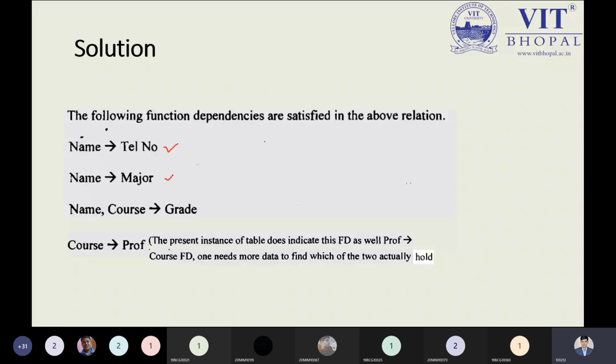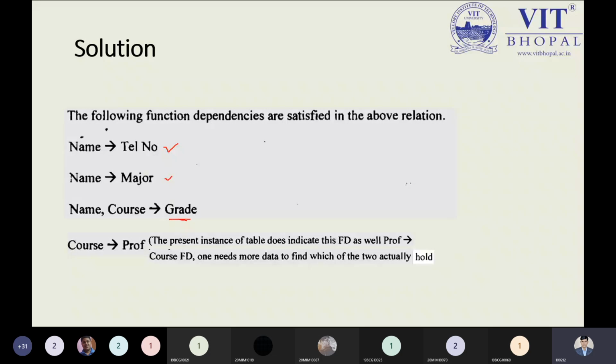Student name can be duplicated. Just suppose X is the student name. This student can belong to cyber security, and this same name can also belong to gaming. So name cannot be the determinant, but what is the subject opted by the student? We can see that over here, followed by the other part.